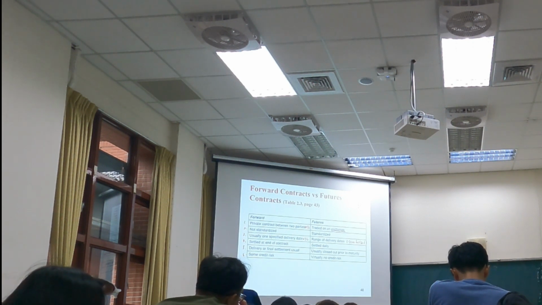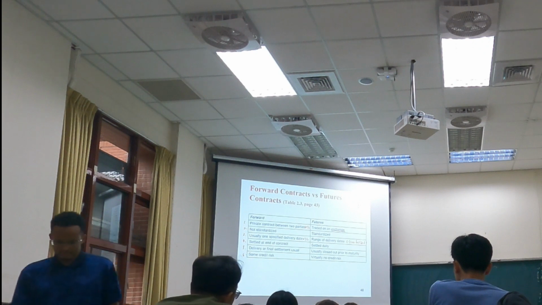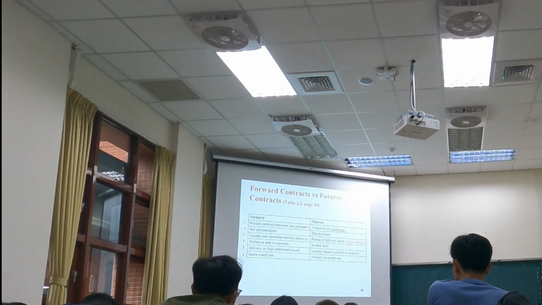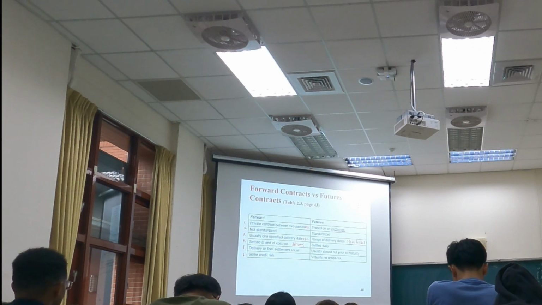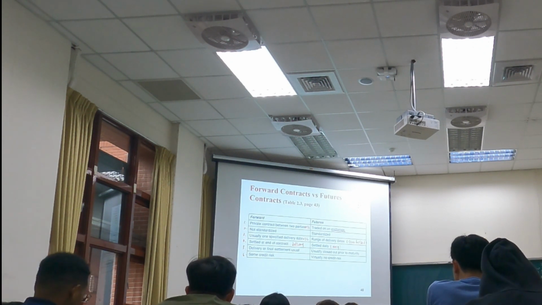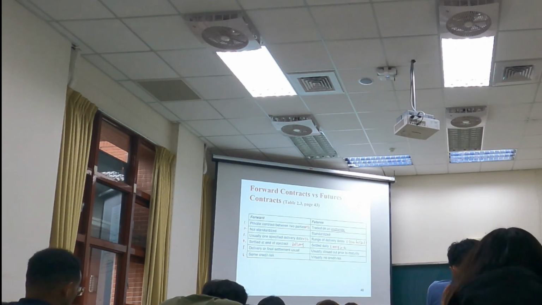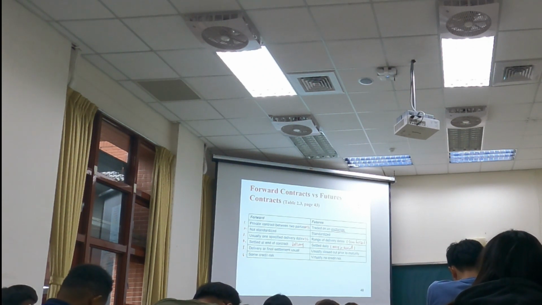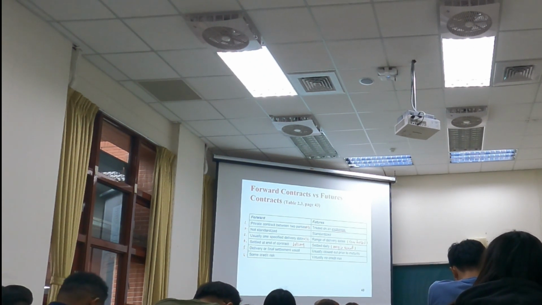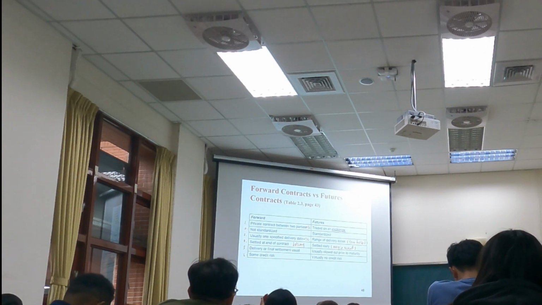And then point four, settled at the end of the contract. This is what we call delivery, right? And then settled daily because you have a margin account. Right? And then point five, delivery or final settlement as usual. And then usually close out